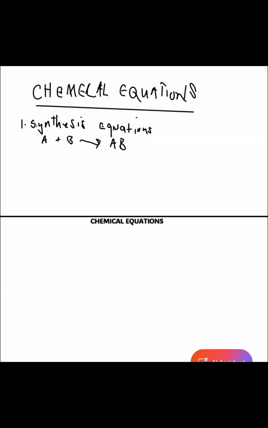Okay, in the last video, we looked at the different types of chemical equations, where we had 4 types. Now, like I said, in the next video we'll be looking at the specific examples for those types of chemical equations. And the first one is synthesis